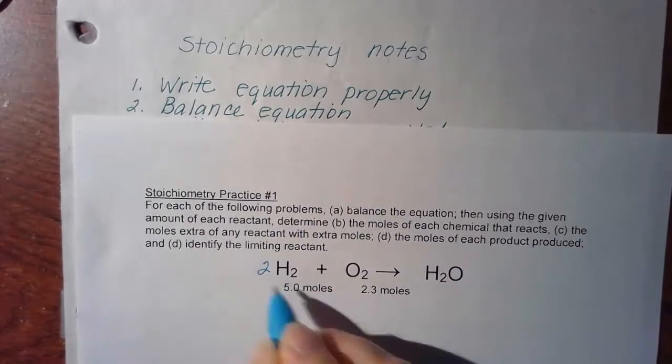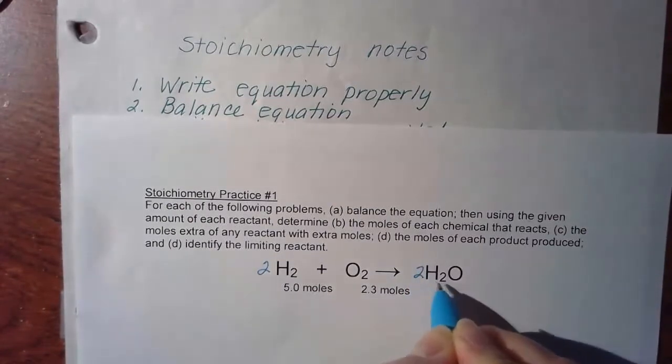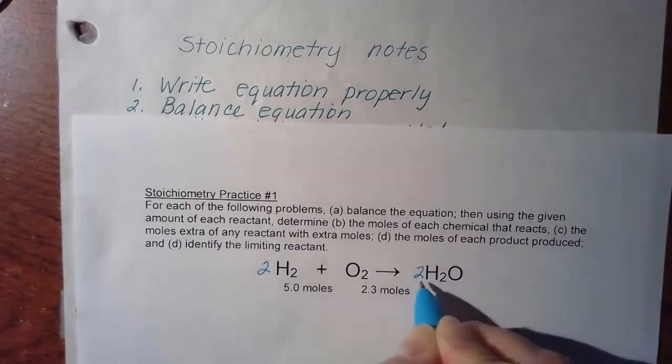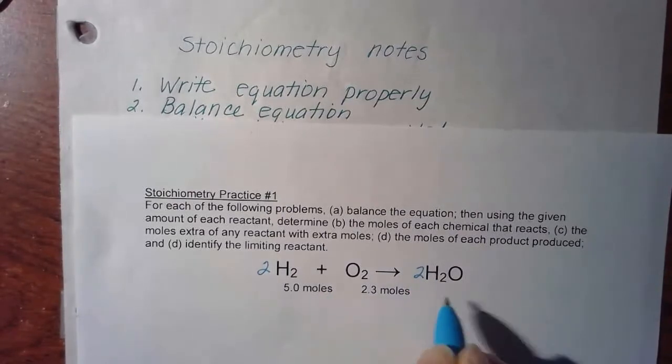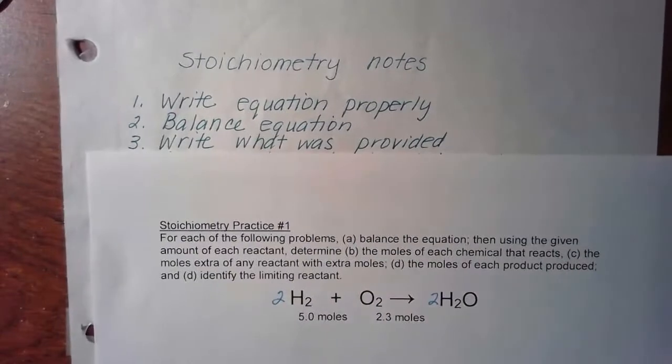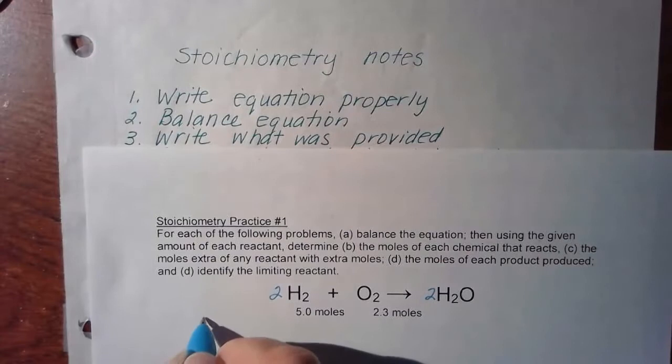We have a 2 giving us 4 hydrogen. We'll put a 2 on the water, give us 4 hydrogen here, 2 oxygen and 2 oxygen on our reactant side and product side. The third step is to write down what is provided. So I'm going to just write down right here,